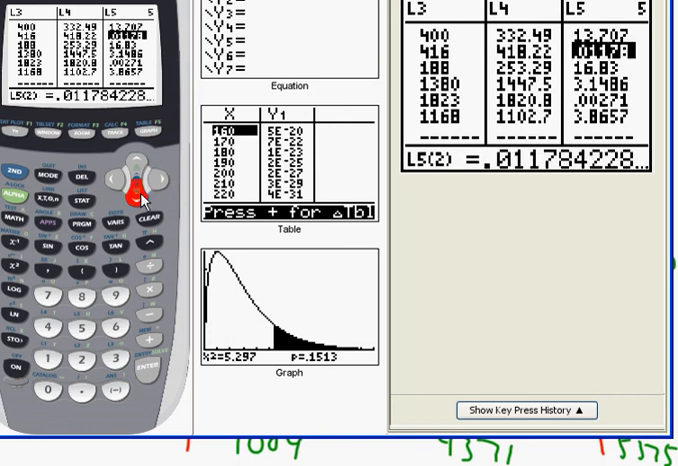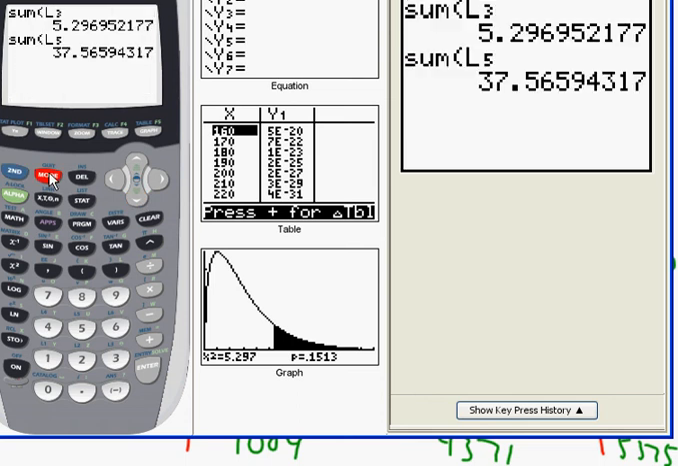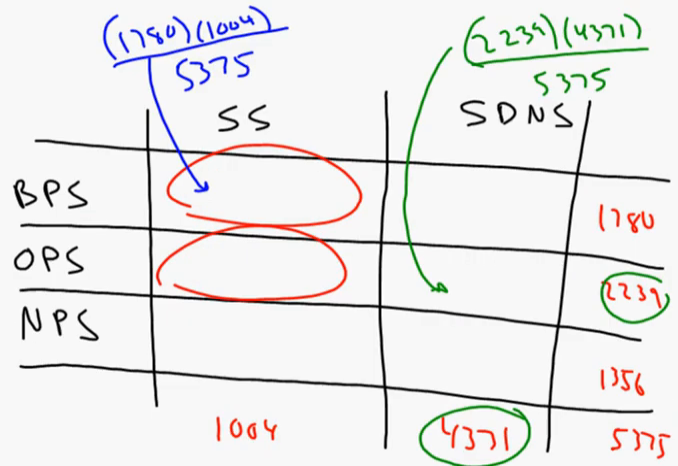Notice a small chi-squared where the numbers are close together. Okay, last thing we're going to do is add these up. So we'll do second quit, and then we can sum list 5. It's already done for us. It's 37.566. So now we have chi-squared. Chi-squared equals